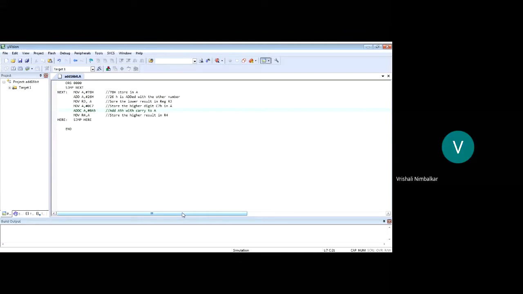And see students, even till now, writing in assembly is preferred, because if I write the same program in C code and in assembly code, the assembly program is very, very compact. The memory required by an assembly program is much, much less than the memory required by a C program, even though both programs are doing the same thing.